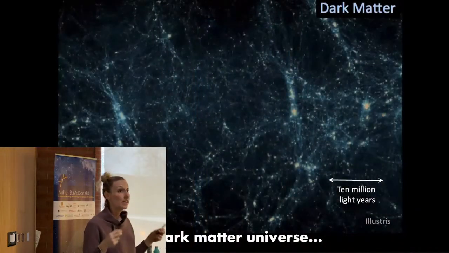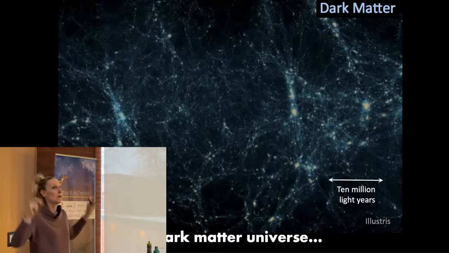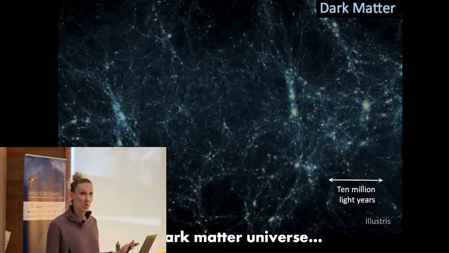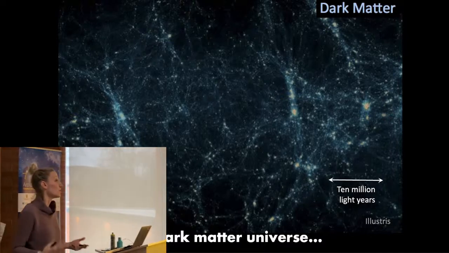And so this picture of the dark matter universe was created on a supercomputer using exactly that philosophy. So we can embed a very early universe with particles that represent the dark matter, and we follow the physics that we think that dark matter obeys, even though we don't know what the dark matter particle is, and we see what the universe produces under the influence of that physics. And it turns out that our universe is pretty well explained by a dark matter particle that does only one thing. It responds to the force of gravity. And again, gravity is something that we understand pretty well on these